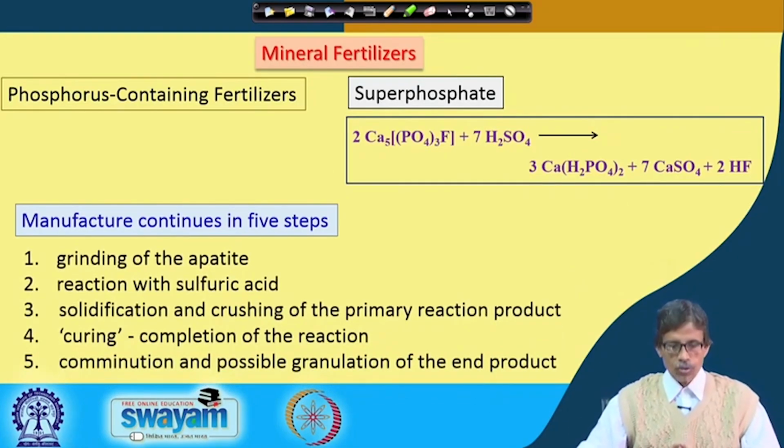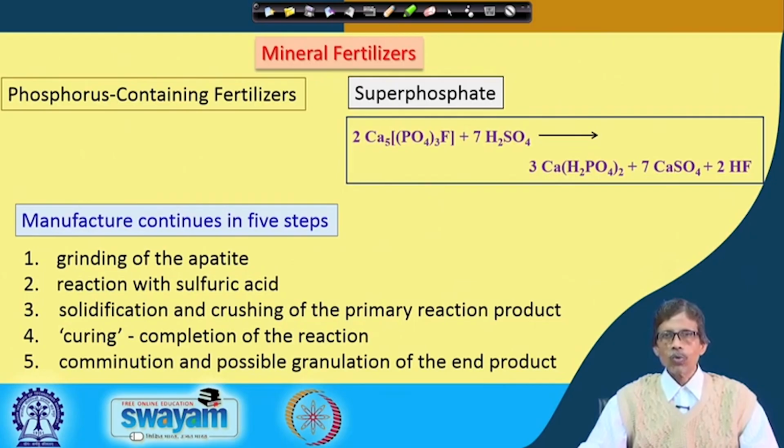So, your starting material is your apatite, and that apatite we grind it. So, industrial sector is there. So, there is a grinding part is there. So, you have to grind the apatite and a very fine powder form is obtained, and that particular powder form can